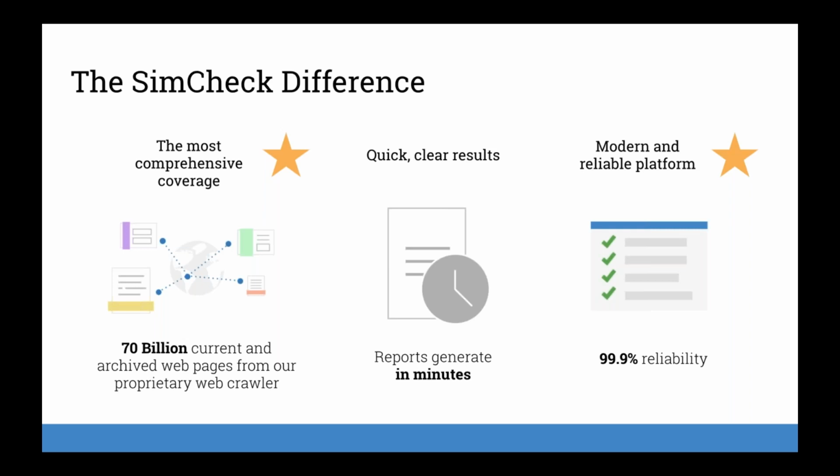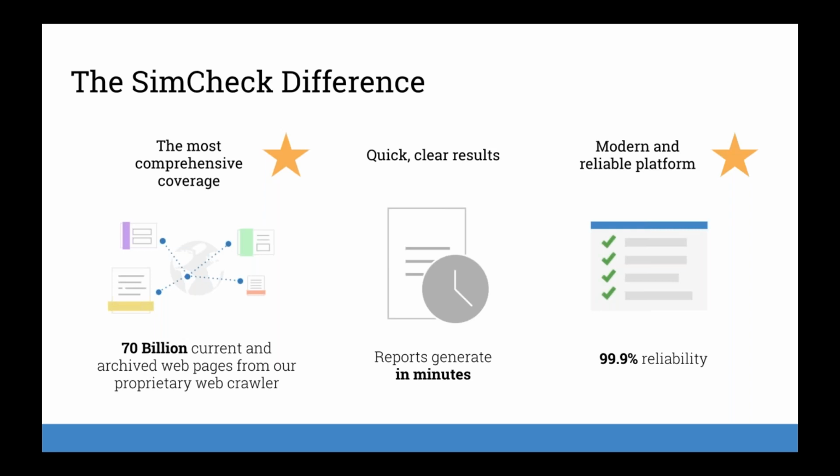And that includes recent content that is available right now, and content that was saved in our repository. So historic content that may not be available anymore, but is there for you to compare against still. This is because we have our own internal crawler developed in-house. Therefore, we do not depend on third parties to check this